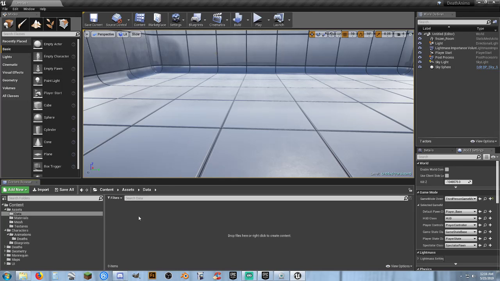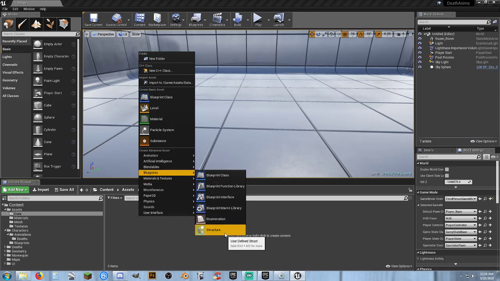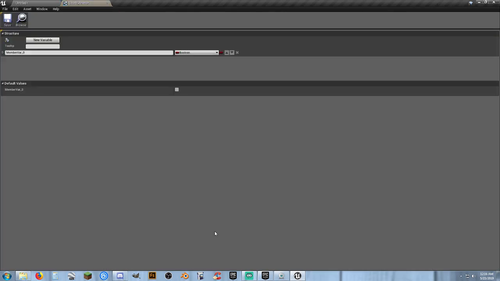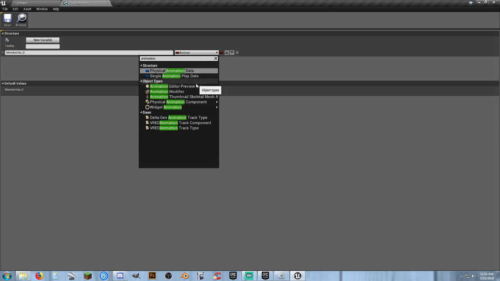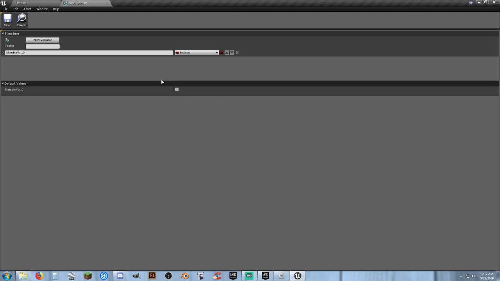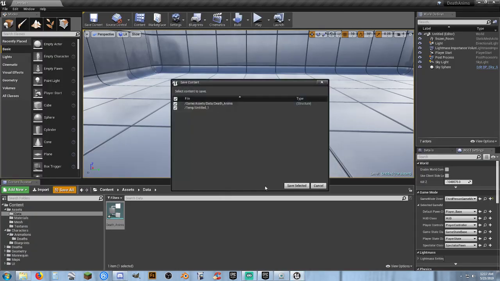Just to be complicated, let's right click and create a blueprint structure, death underscore anims. Go into that, and what we're going to do here is animation. Let's see, you know what, before I add anything in here, what I want to do is